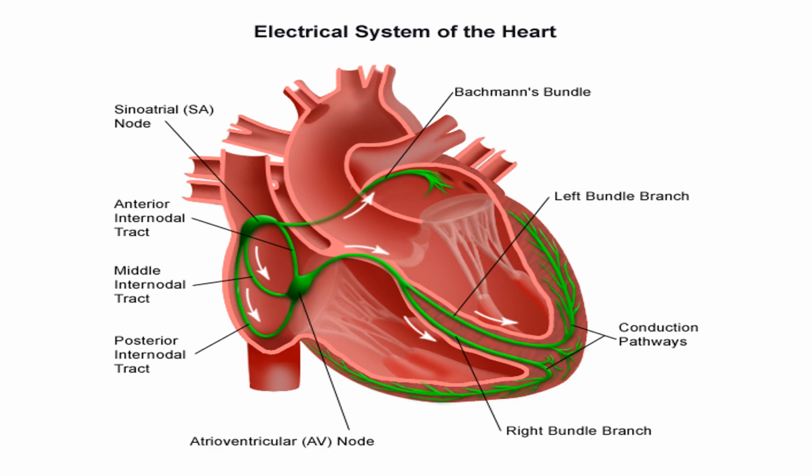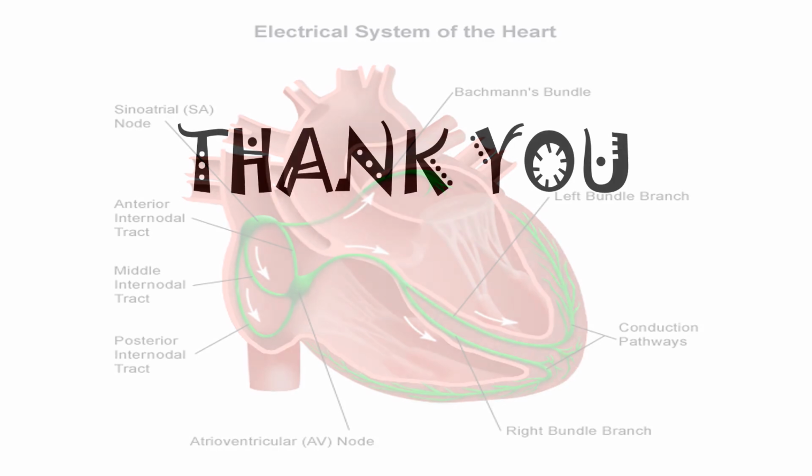So for this session, hope you are clear. In this session, we have learned about the basic structures of the heart: where it is located, what it is made up of, and what the various cardiac structures are. We also learned about pulmonary circulation, systemic circulation, coronary circulation, and the venous supply of the heart.